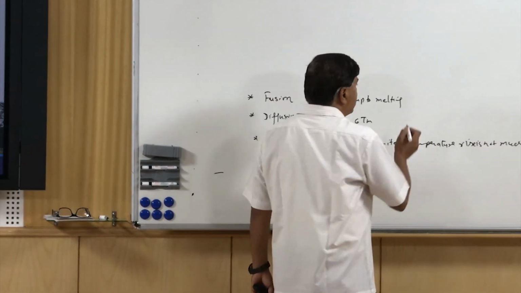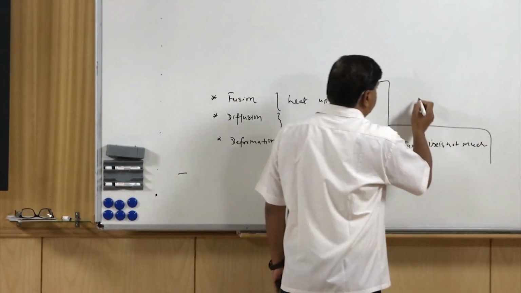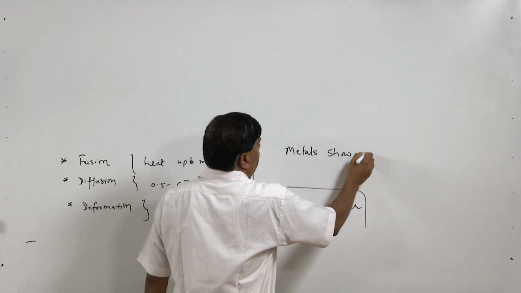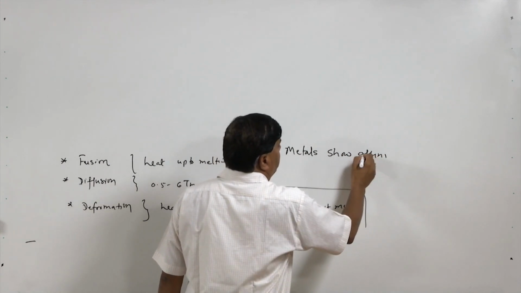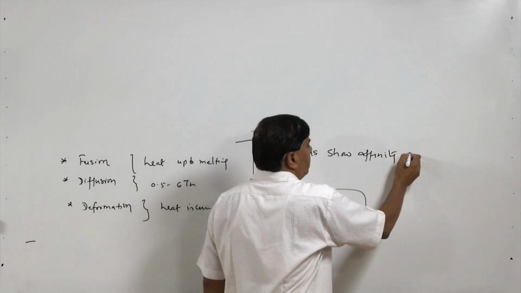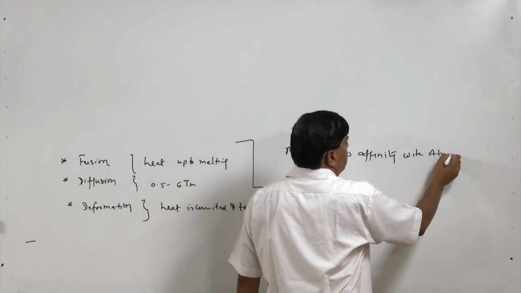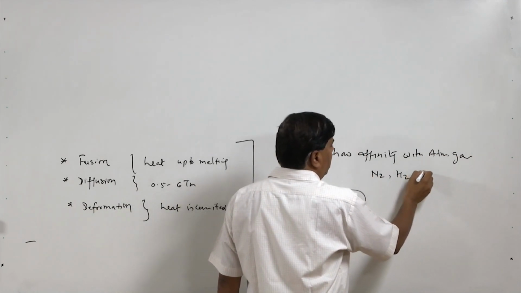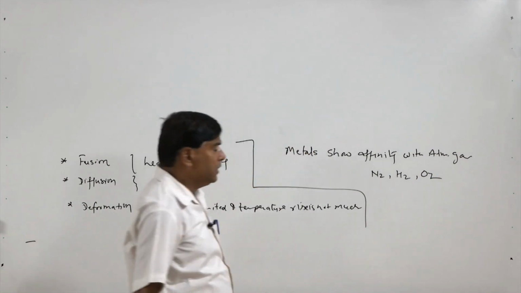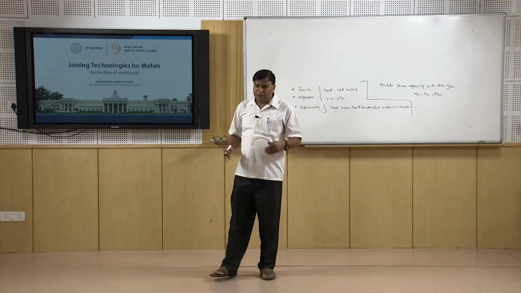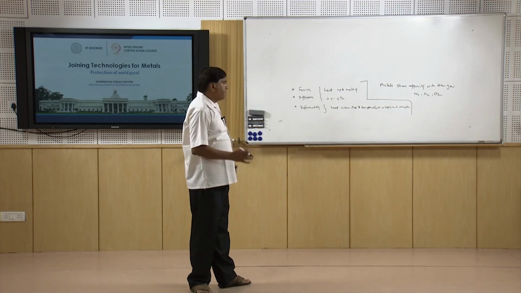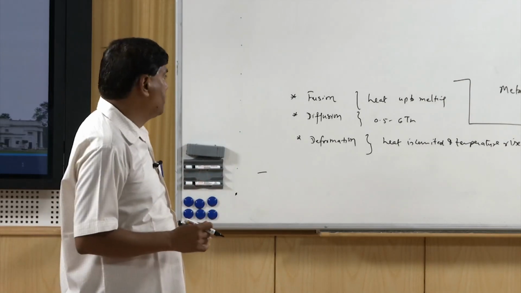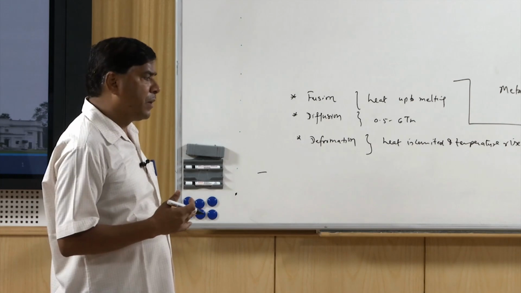We know that in all these cases, when metals are heated, all metals show affinity with the atmospheric gases. These gases are nitrogen, hydrogen and oxygen. So, increased activity and affinity of the metals at a high temperature becomes problematic, especially when fusion is achieved for development of the joint or diffusion is required across the interface